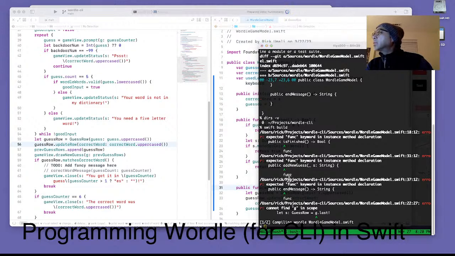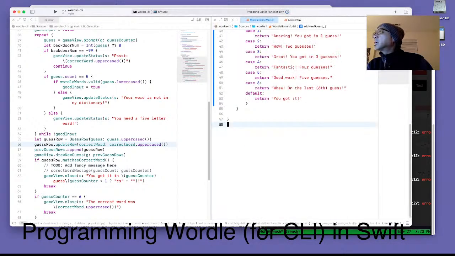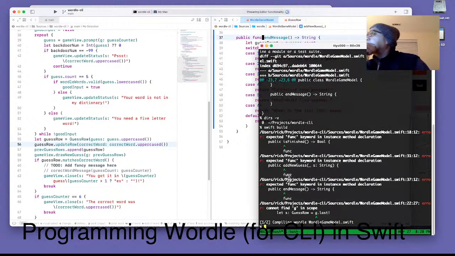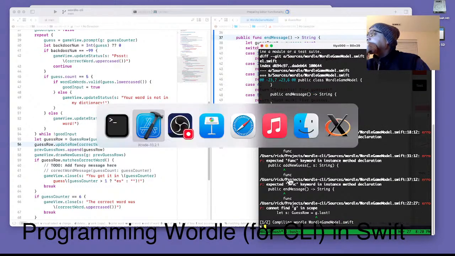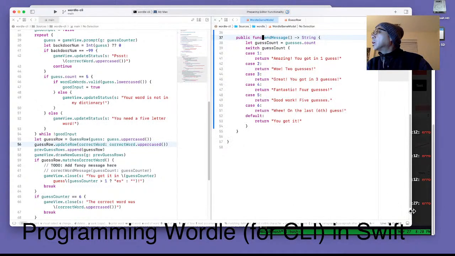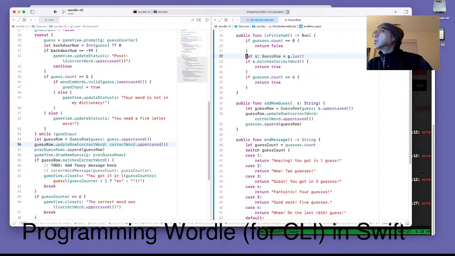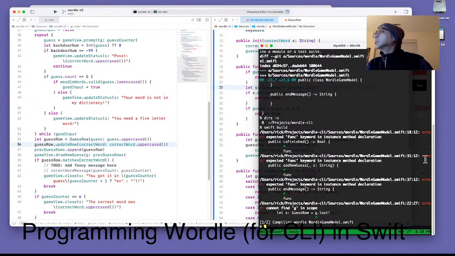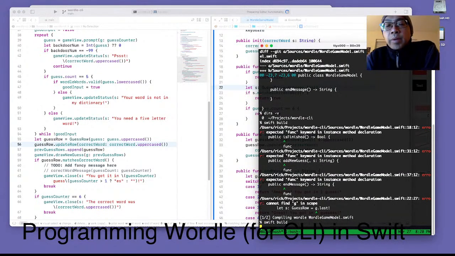Func, and message. Cannot find g in the scope, on where? Line 22. If guesses count equals 0, otherwise guesses. And let's see if this compiles, and if it does, then we'll do some testing tomorrow, some really good testing,